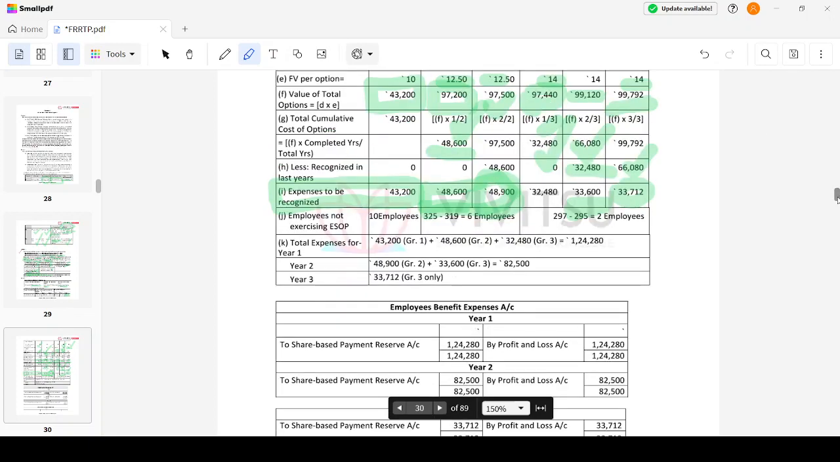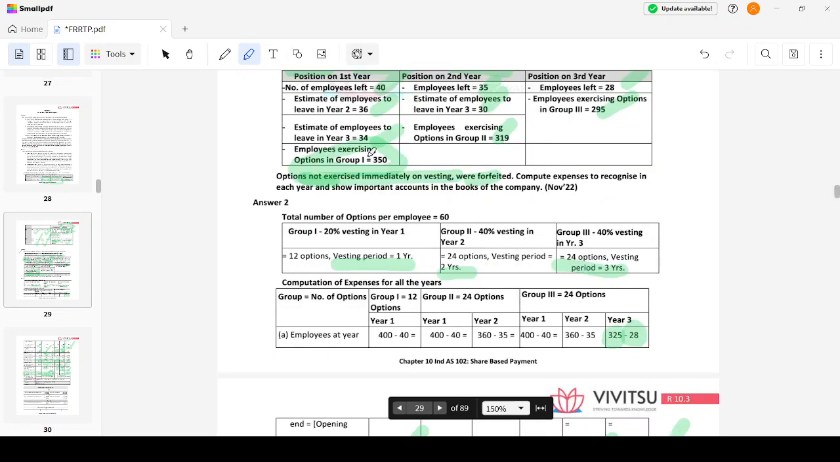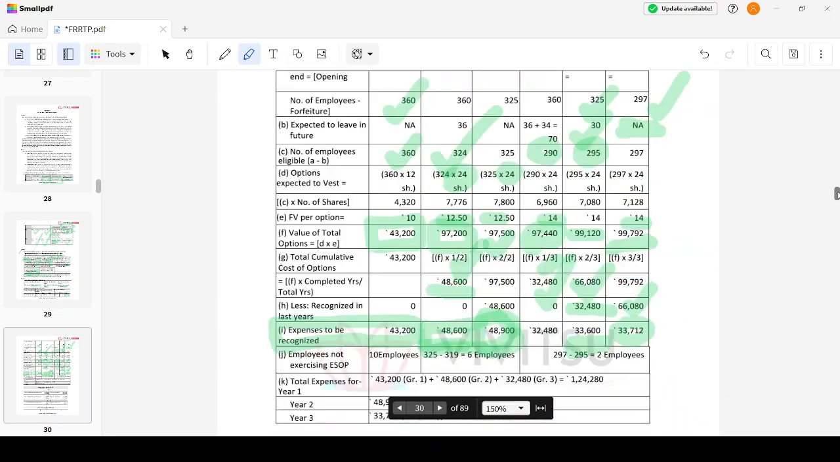Okay, clear. Now, what if an employee is not exercising the option? Here I was assuming that employees will be exercising the option. 350 employees will be exercising the option. But